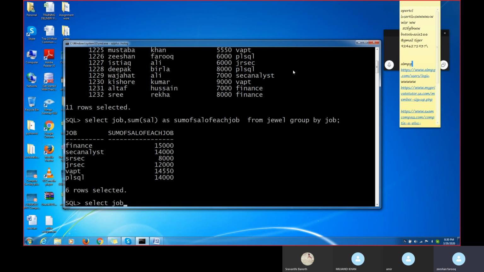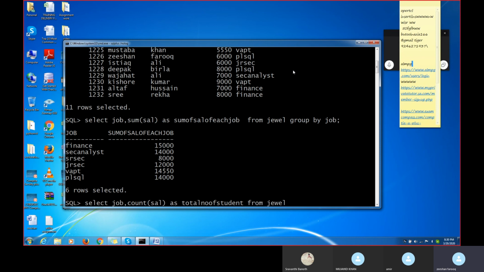Select job, comma, count of sal as total number of employees, from Joule, our table.